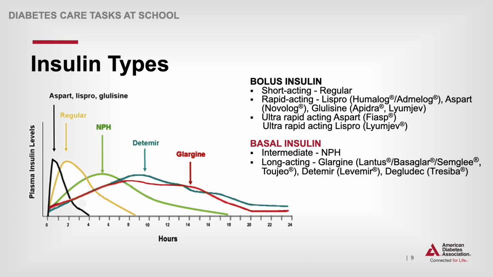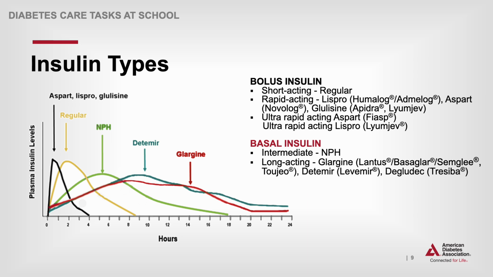Rapid-acting insulins act quickly, within 10 to 15 minutes, and are used primarily to treat high blood sugar levels and to match or cover the rise in blood glucose levels that follow food intake. Many students require rapid-acting insulin before meals and snacks. Note,